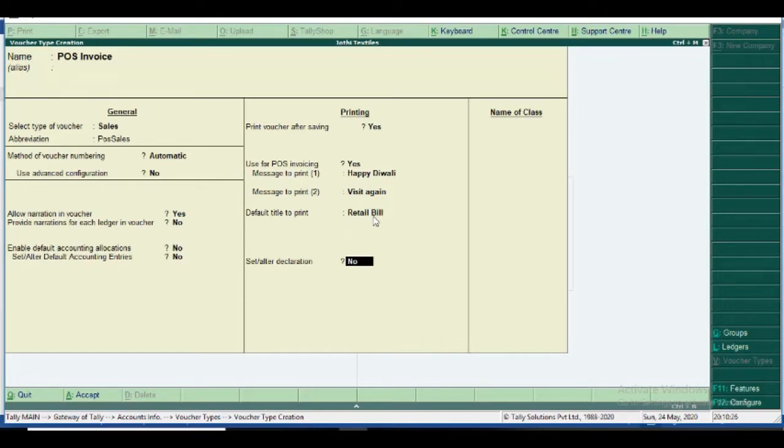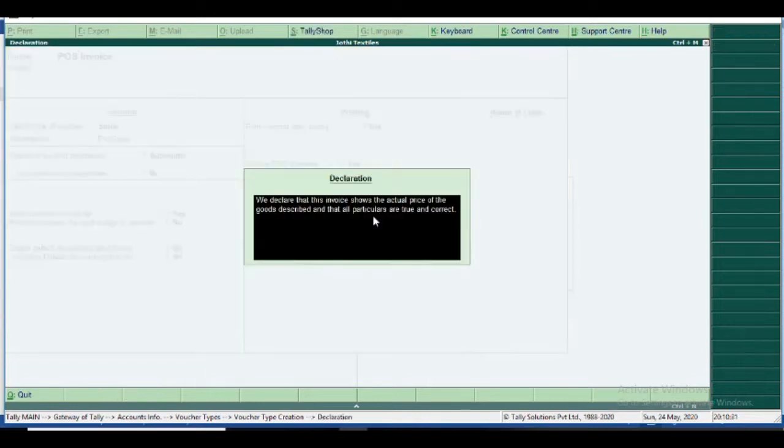If you need to change or set the declaration here, yes. Tally already declares by default that the invoice shows the actual price of the goods described and all the particulars are true and correct. It's the default Tally setting, but some declarations change. If you like to include return conditions or return declarations, you type it, it's not a problem. This full box has the declaration paragraph.